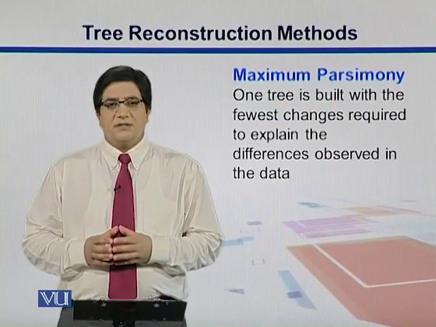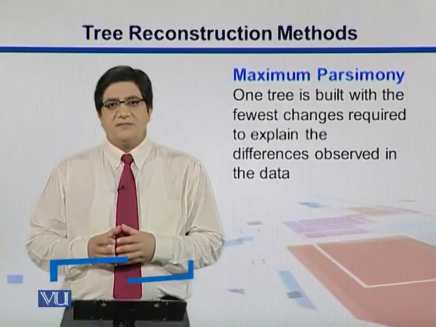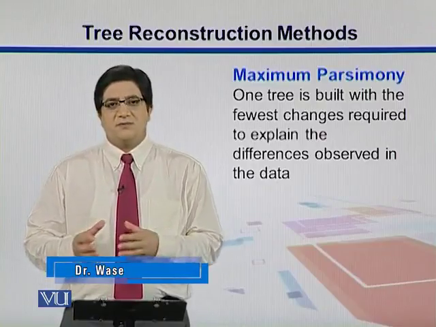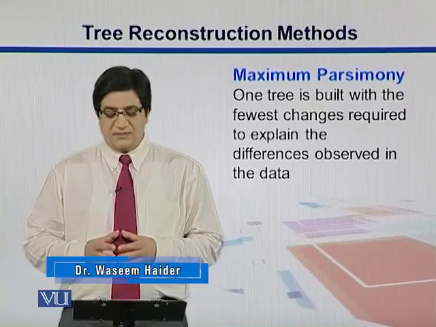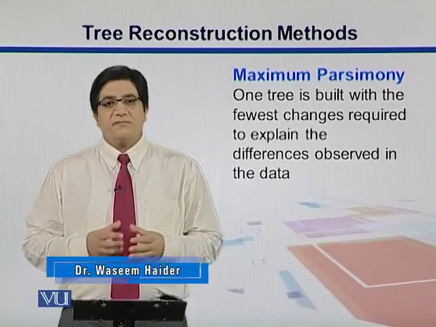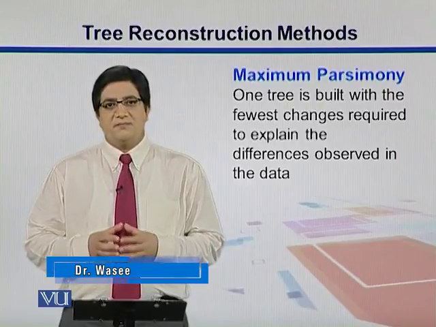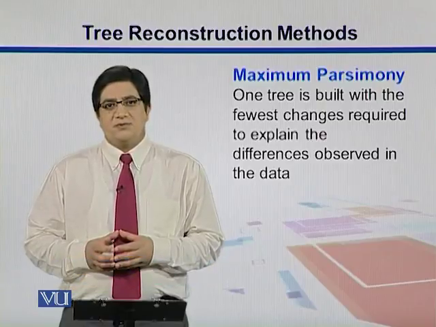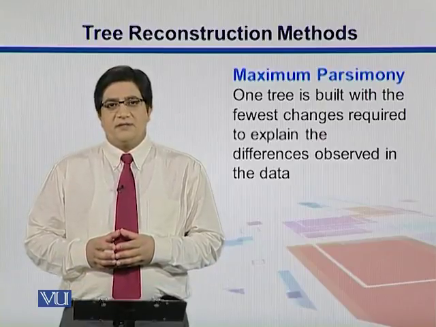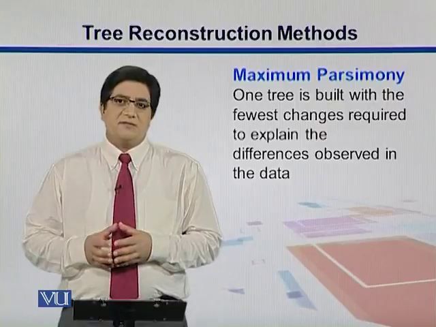Maximum parsimony means a parsimonious tree, where you try to economize, to save. So in this case you build a tree with the fewest possible changes. So minimum changes you should make in order to make that tree,